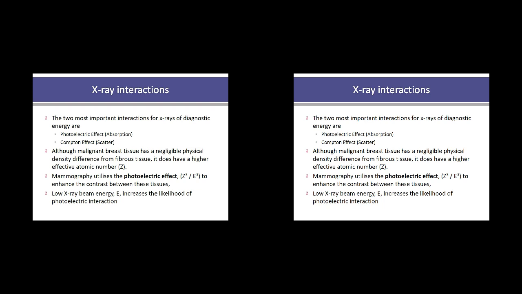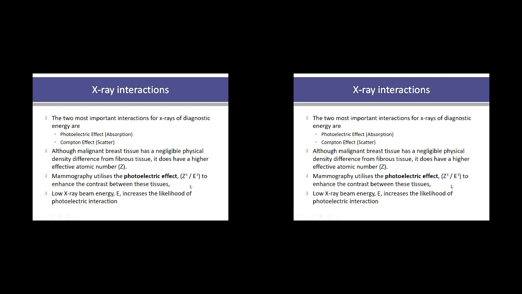Now, although malignant breast tissue has a negligible physical density difference from fibrous tissue, it does have a higher effective atomic number. So by utilizing the photoelectric effect then, which has this Z cubed dependence, what that means is we're going to get a lot more absorption within the malignant tissue compared to the fibrous tissue. I say a lot, it's still the contrast is very low, but we're going to get more because of this